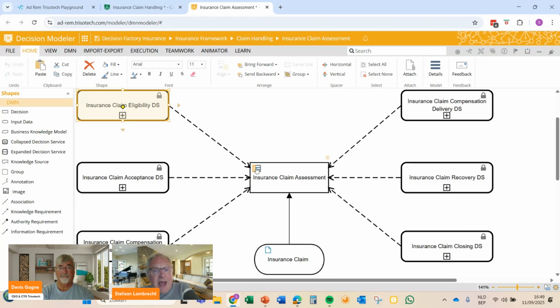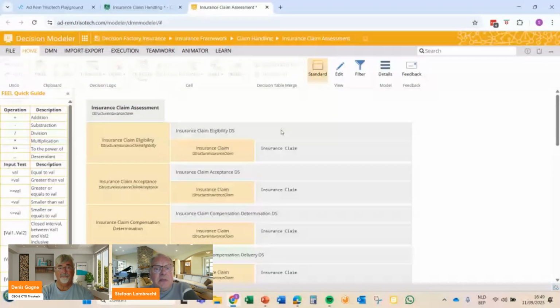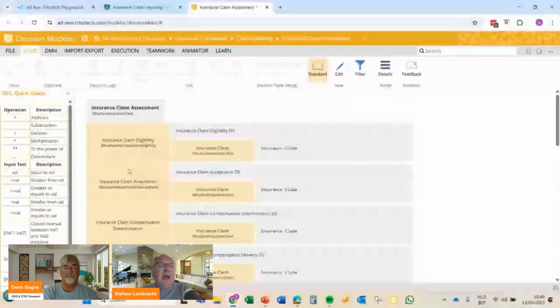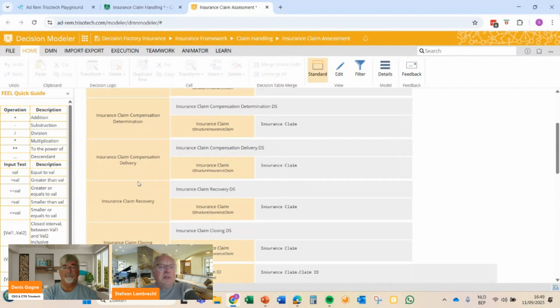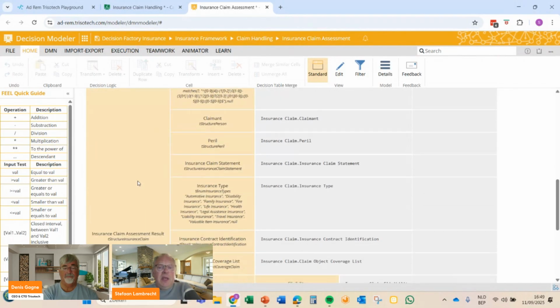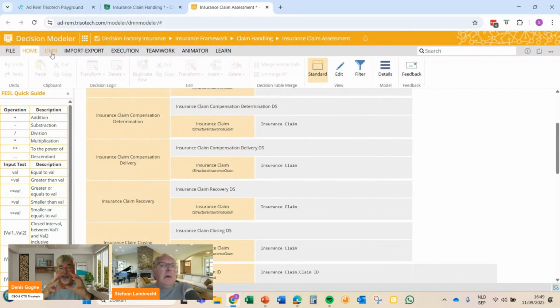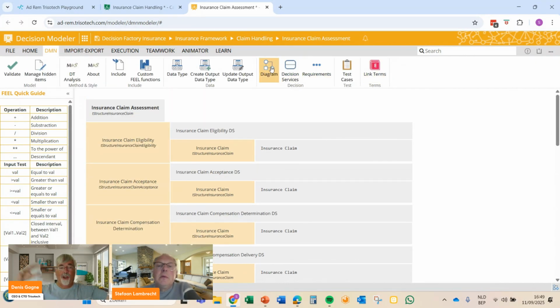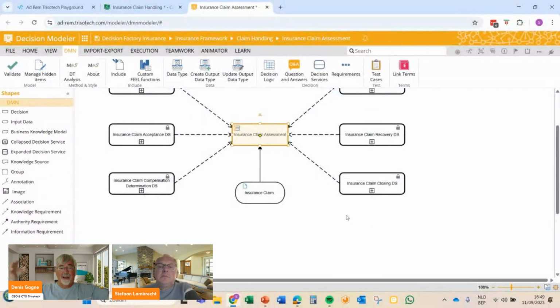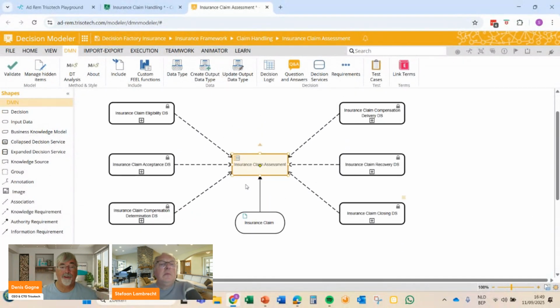And I just hang in there these different decision services. And what you see here is I'm calling, in fact, the decision service at a lower level, and I pass the data of the insurance claim to that decision service. And I do that for acceptance, for claim compensation, etc. And then we get to the end. So centrally from that nucleus point, your decision at the center is calling these different decision services and bringing it back to compose your final decisions.